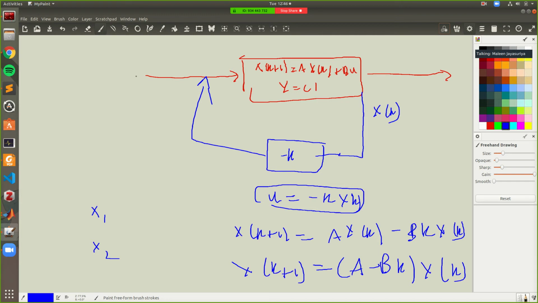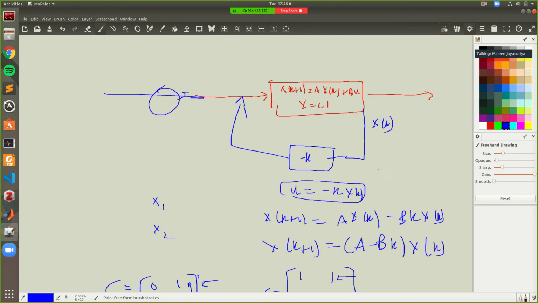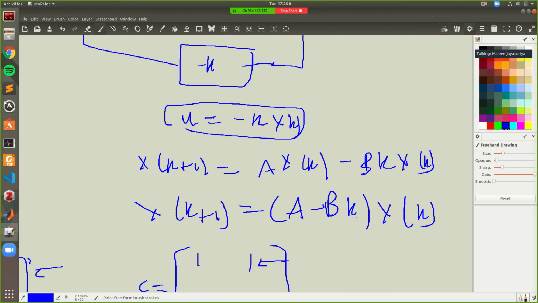Sorry about my handwriting, right? Again, we'll not worry about the reference value that we put in here. We discussed that before, but pole placement actually happens with this gain matrix K. This gain matrix K affects our overall A matrix in our system, so that allows us to place the poles wherever we want.